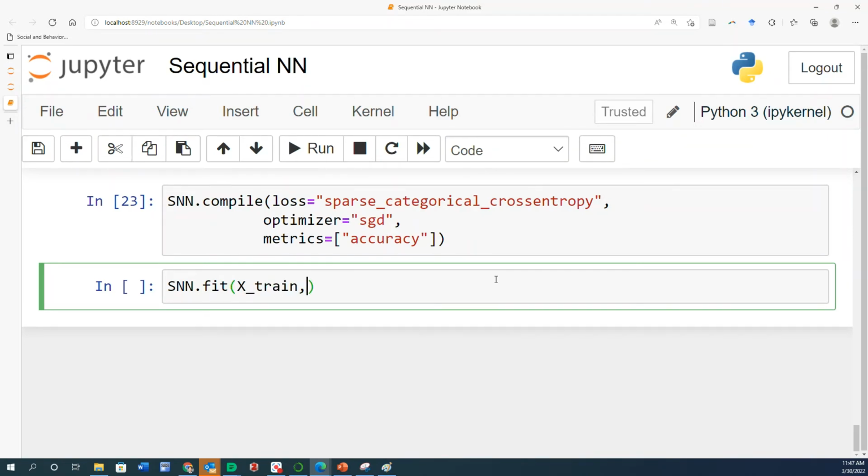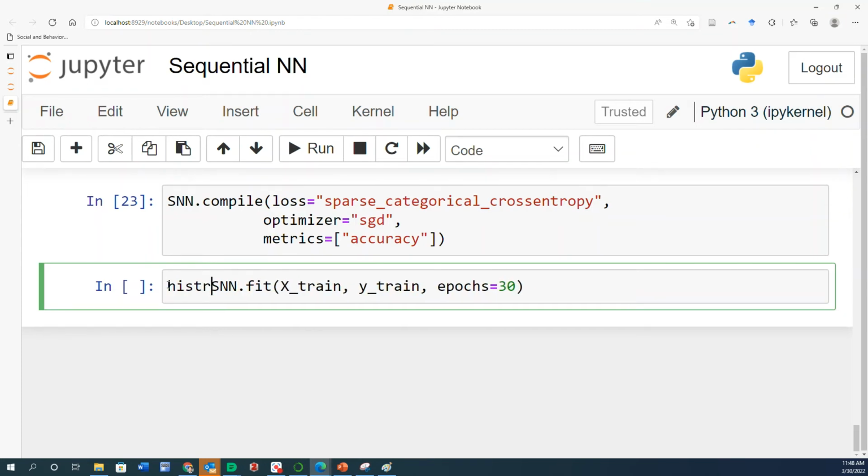Then you have X train and Y train. Now, one additional option that you can define here is the number of epochs, or the number of passes that you want to go through your training data set. Here, basically, you are splitting your training data into whatever number of epochs that you define here, and then the training is going to happen sequentially. So here we go with 30, and I can run the model right away, but I am going